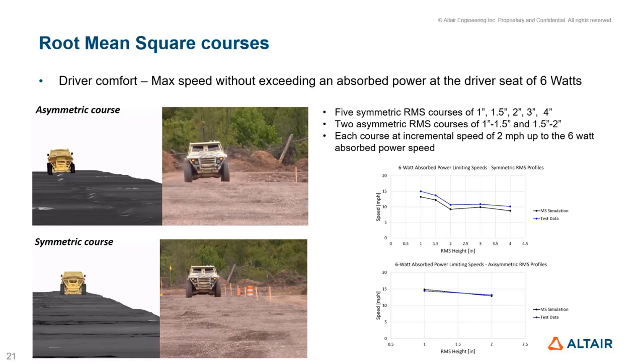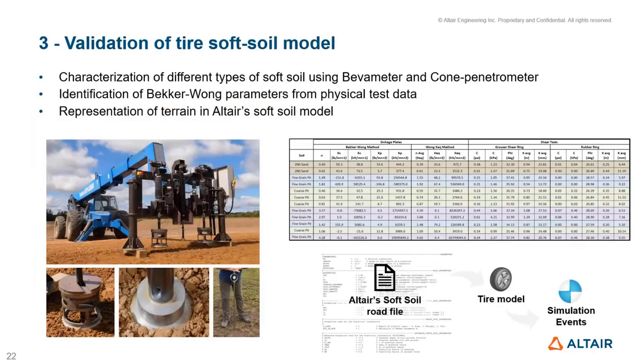Here in the plot, you see the RMS height and the vehicle speed, and basically it tells that, for example, let me use this, for an RMS height of 3 inches, the maximum speed allowed to reach the 6 watts was around 10 miles per hour. Now, this concludes the ride events, and now we move to the third step, which is the validation of the